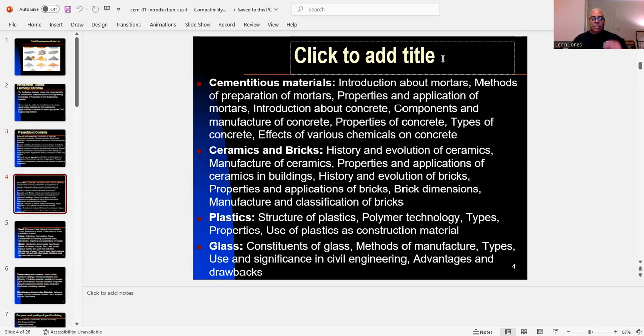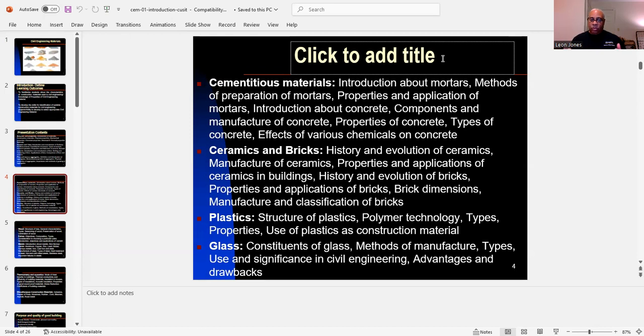All right. Cementitious materials. Talk about the introduction to mortars, methods of preparation of mortars, properties and applications of mortars. And we're going to talk about concrete components and manufacturing of concrete, properties of concrete, types of concrete, effects of various chemicals in concrete. And we deal with ceramics and bricks. Talk about the evolution and history of ceramics, manufacturing of ceramics, the properties and applications of ceramics in buildings, the